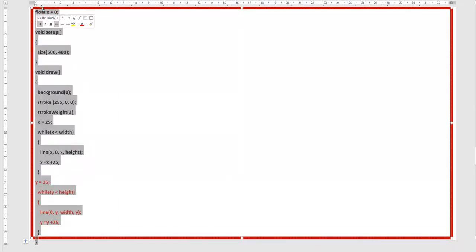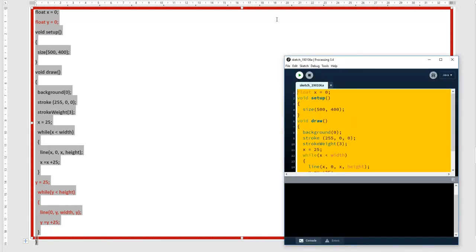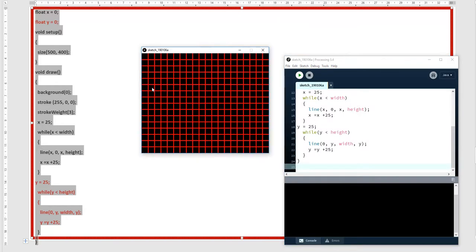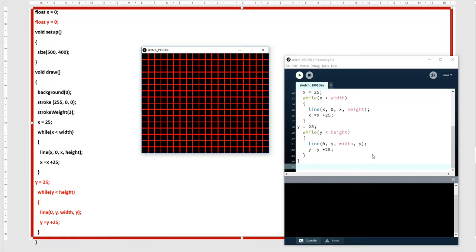I will copy this. But one more thing, you have to declare and initialize the y variable as well. So here I am going to copy this and run. So you will see vertical and horizontal lines using the while loop.